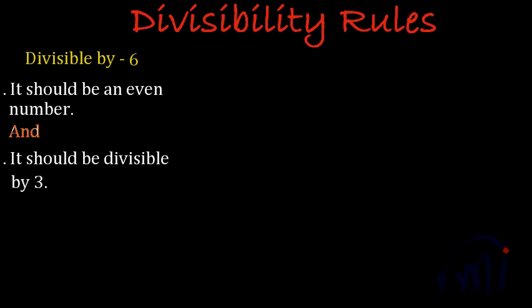Hi. So in this video we are going to learn the divisibility rules of 6. So 6 is an even number. So any number which can be divided by 6 will also be an even number, right? Any multiple of an even number has to be an even number. Or how do we check whether a number is even number or not? Yes, it should be divisible by 2.